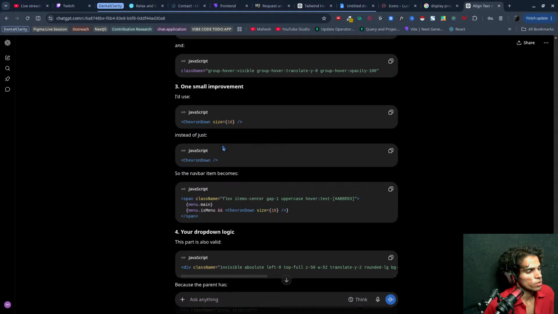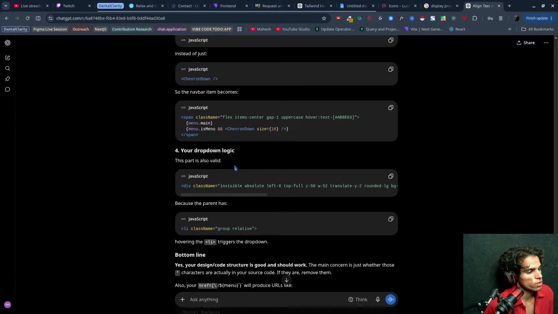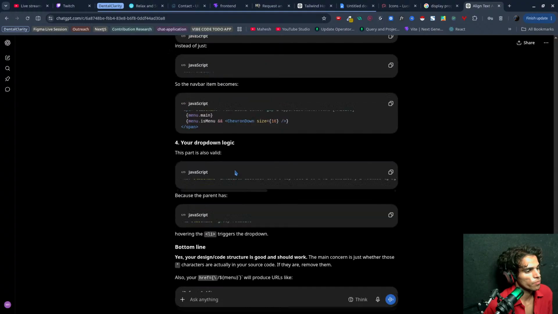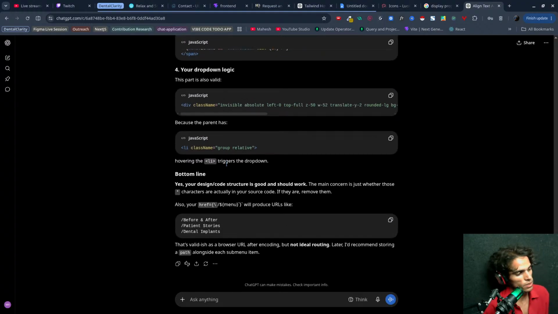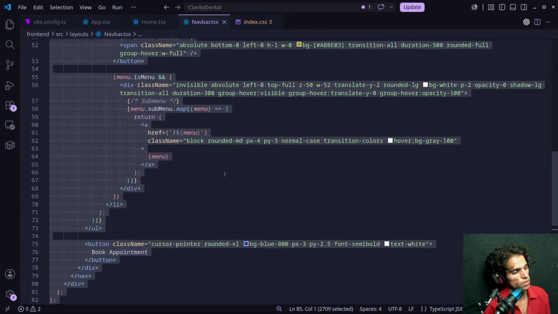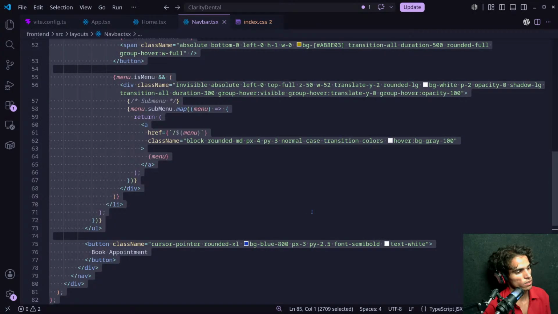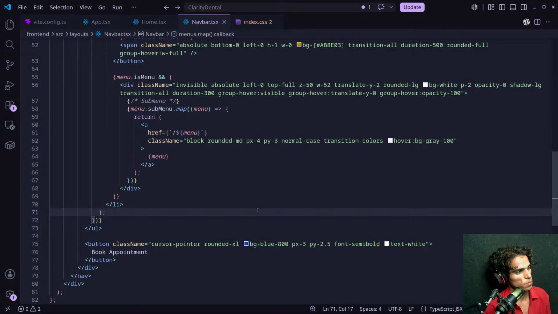One small improvement is there. Bottom line, it says that everything is correct. Also, the menu will produce URLs like this, but there is a problem.